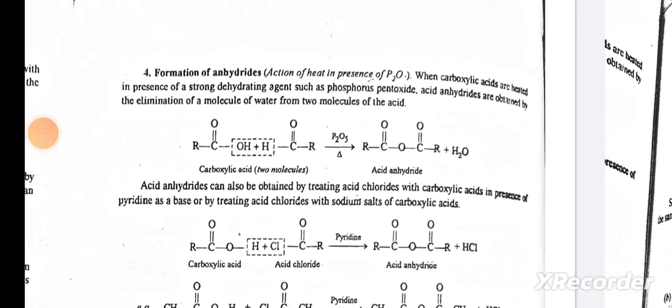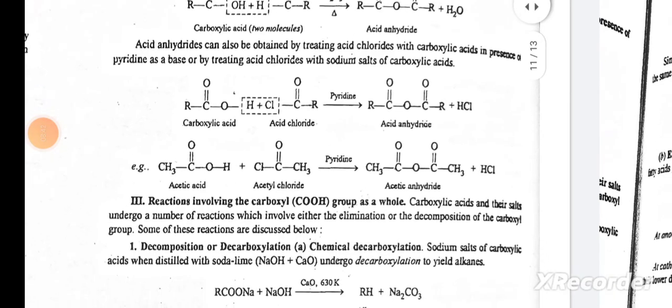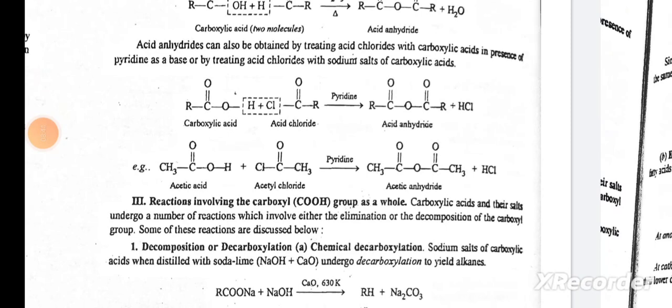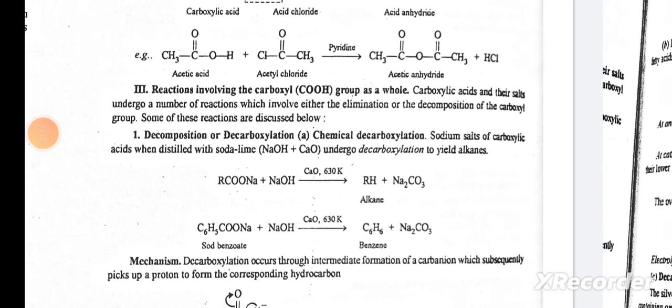Formation of anhydrides: action of heat in the presence of P2O5. When carboxylic acids are heated in the presence of a strong dehydrating agent such as phosphorus pentoxide, acid anhydrides are obtained by the elimination of a molecule of water from two molecules of the acid. Acid anhydrides can also be obtained by treating acid chlorides with carboxylic acids in the presence of pyridine as a base, or by treating acid chlorides with sodium salts of carboxylic acids. Carboxylic acid plus acid chloride gives acid anhydride. Acetic acid plus acetyl chloride gives